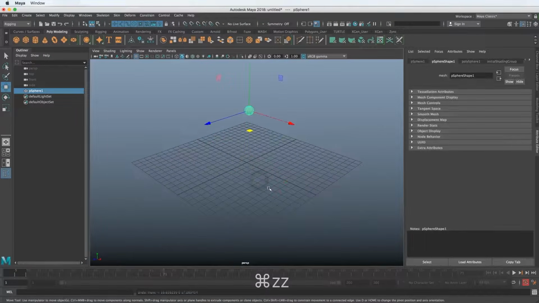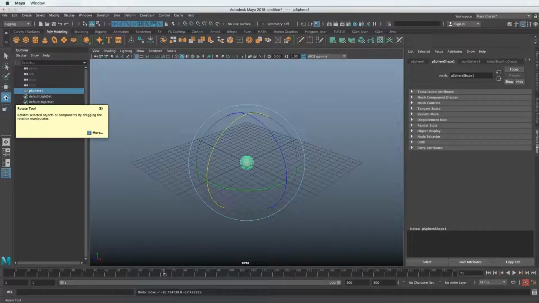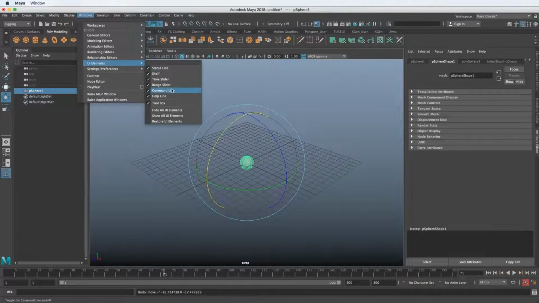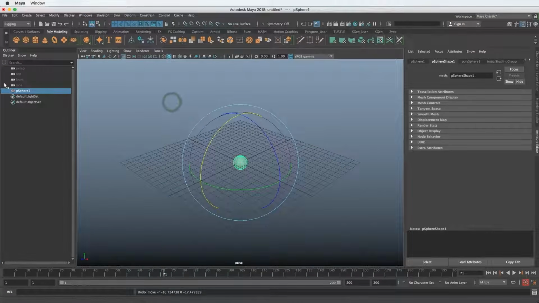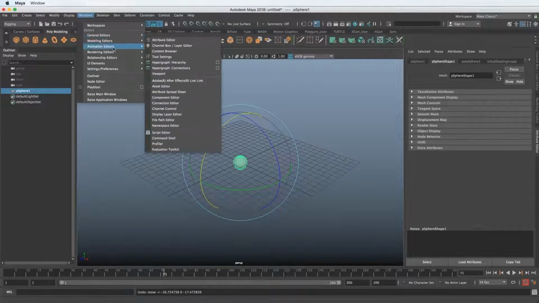So now that we know how to move things around, let's rotate it. So we can hit E on the keyboard, and similarly we can find it over here in this little toolbox window. And you can actually turn off these options from Windows, UI elements, and you can turn off the toolbox. Now you can see that disappears. If you find yourself not using those, it's nice to turn them off and you have more screen real estate for the viewport. But for now, since we're all beginners and we're just starting out, let's leave that up.